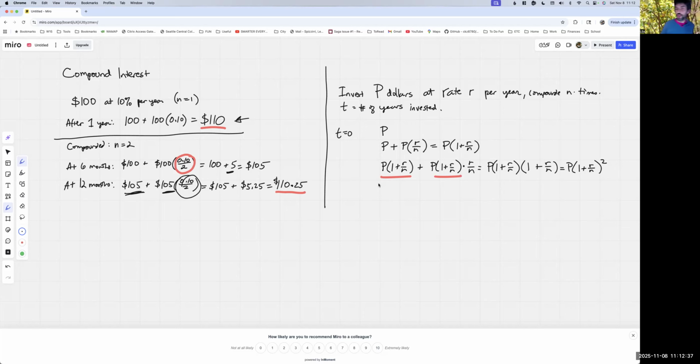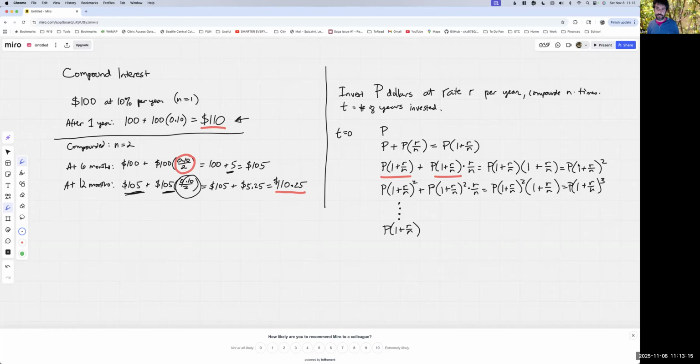Well, this little pattern is going to keep showing up. If I do this again for the next month, let's go ahead and just do it. Here's how much we start at the next compounding period with, 1 plus R over N squared, and we multiply it by our interest rate. Then we can factor out 1 plus R over N squared this time. What will be left is 1 plus R over N, and the new total amount will be P times 1 plus R over N cubed. Well, you can keep doing this